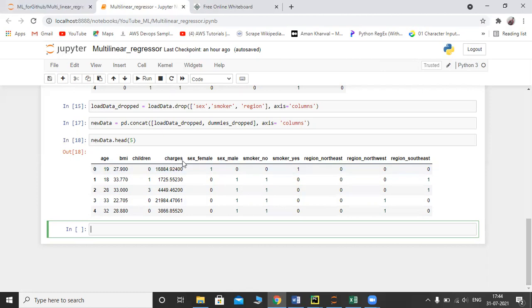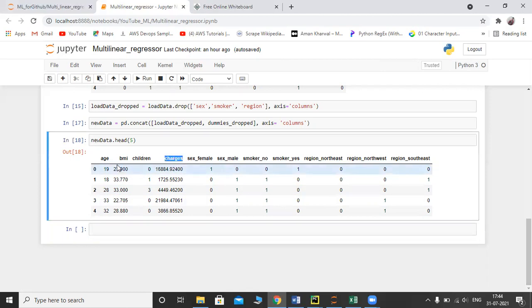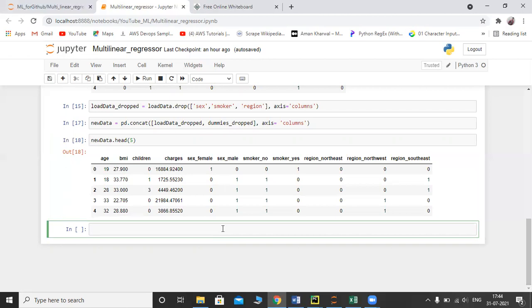I consider charges as the dependent variable, the value to predict. I consider age, BMI, children, gender female, gender male, smoker no, smoker yes, region northeast, northwest, and southeast as independent variables. So that is my data.